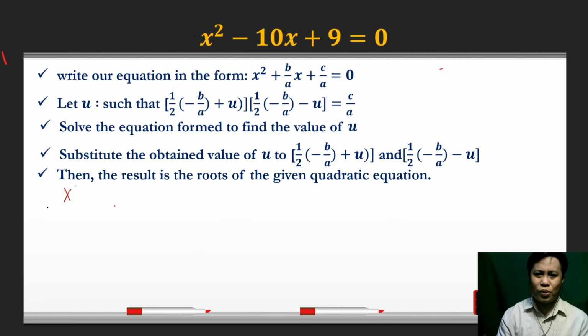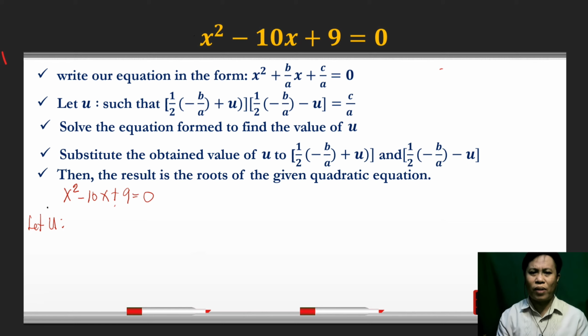i-write muna natin x squared minus 10x plus 9 equals 0. So 1 na yung coefficient ng x squared. So let us assign another variable. So let's say let u such that the half of the additive